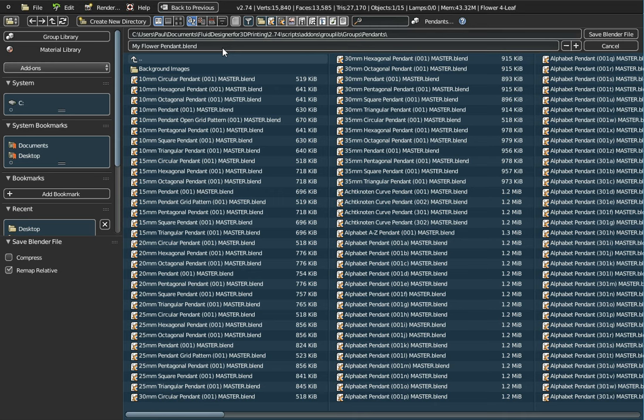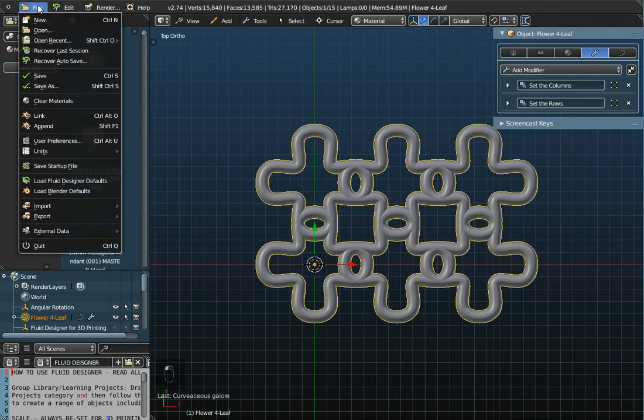Now typically I would put 001 and master at the end of that. I'm going to delete this from my system later, so I'm not going to bother doing that. But you'll notice that all the others that I've created, I use the word master to highlight the fact that it is a Blender file and that it shouldn't be saved, which would in effect change it, modify it. So these are basically like template files. So if we save that as a Blender file now, My Flower Pendant,